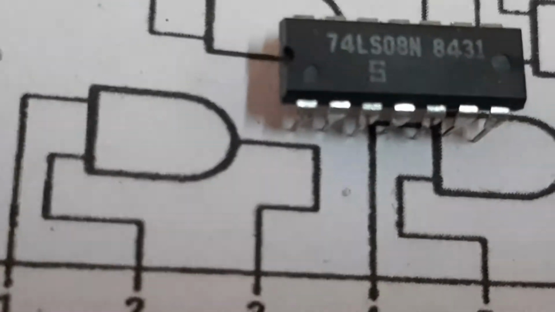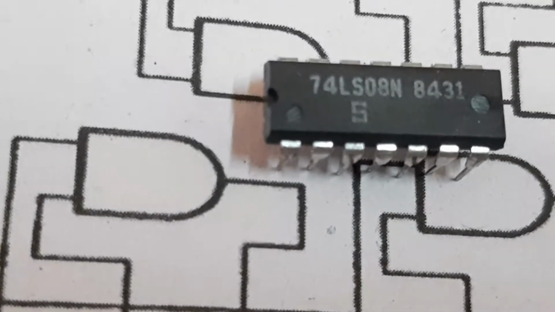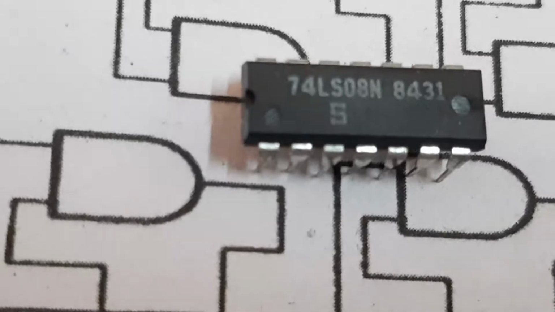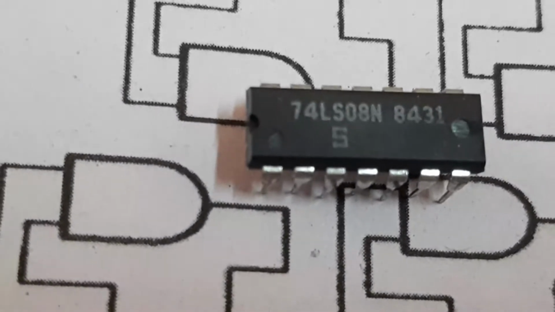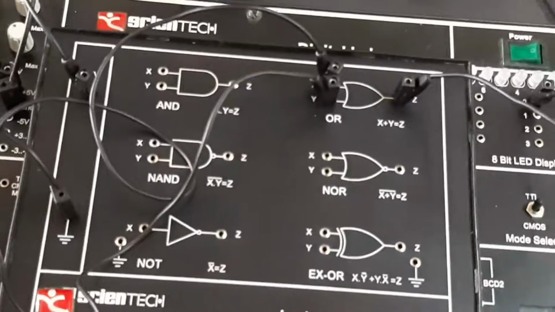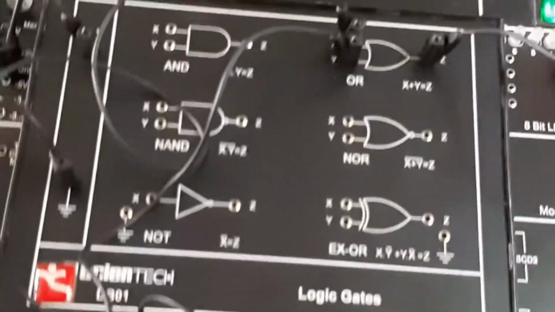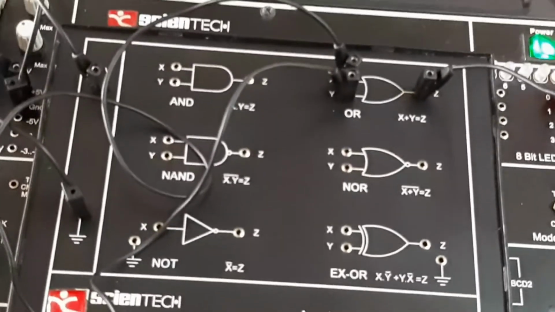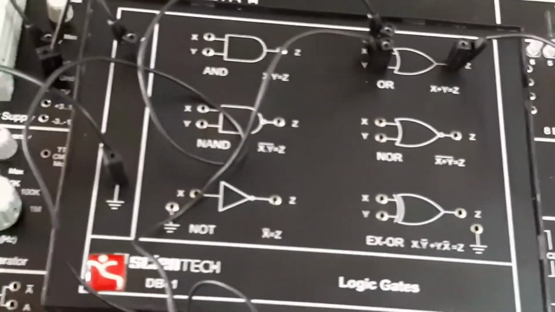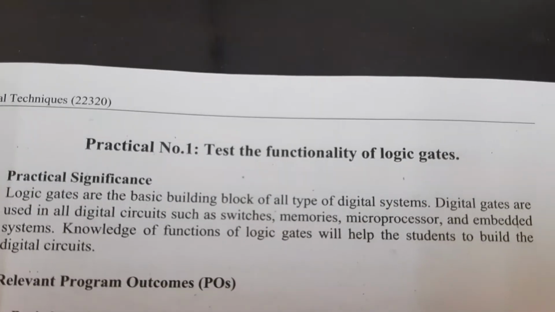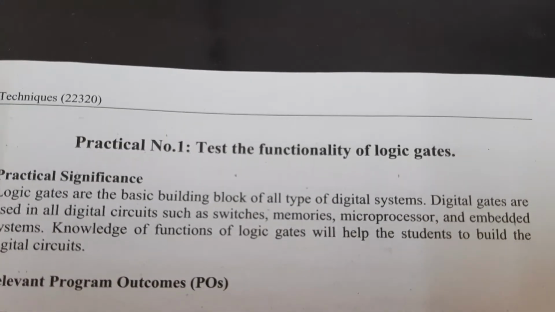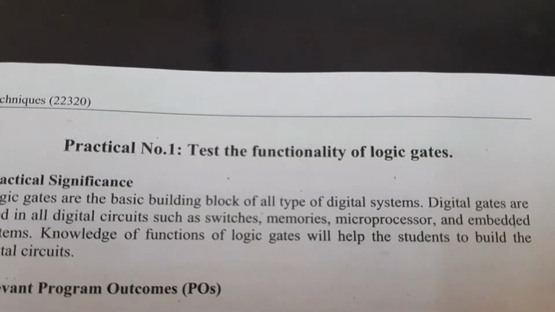All the ICs are similar. The number changes and the internal structure changes, and that is why the properties also change. These ICs are fitted inside the board. This is the board. Here the ICs are fitted from the back side, and we can perform the testing of these ICs. In this video we will perform the practical to test the functionality of various